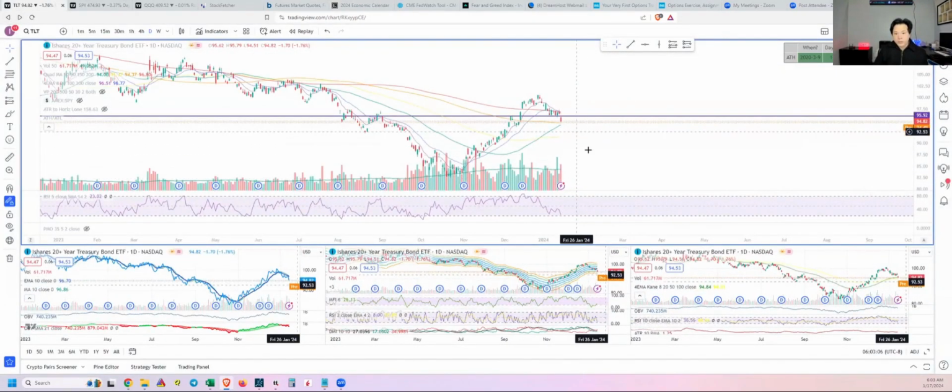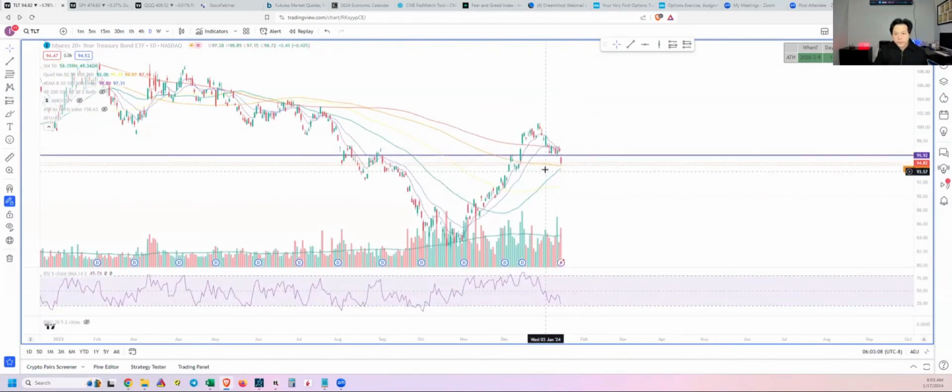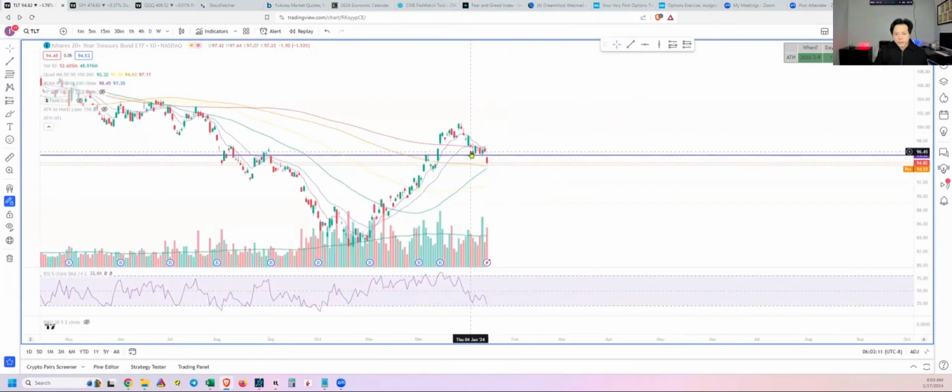And we got that breakdown yesterday. You see we were chopping sideways just under the MA200 and the EMA20, and finally the EMA8. And yesterday we broke down, we gapped down and traded lower. That's the same thing that happened in the major indices, but the difference is TLT stayed down near this MA150, and it looks like this MA50 is converging right here. So this is going to be important.